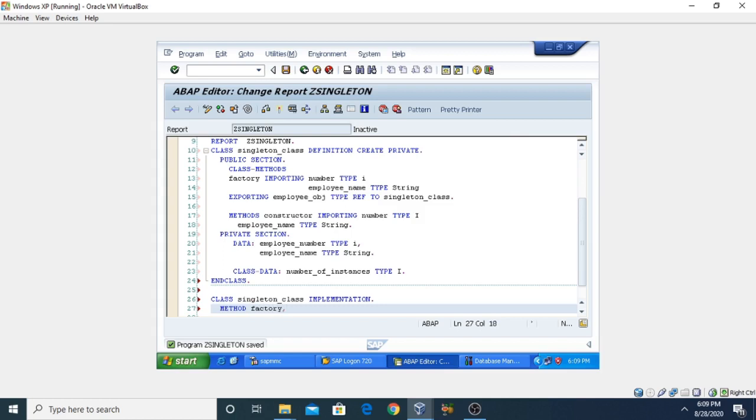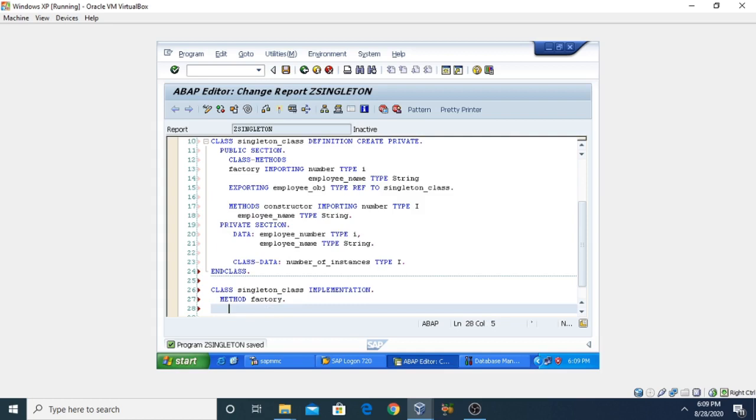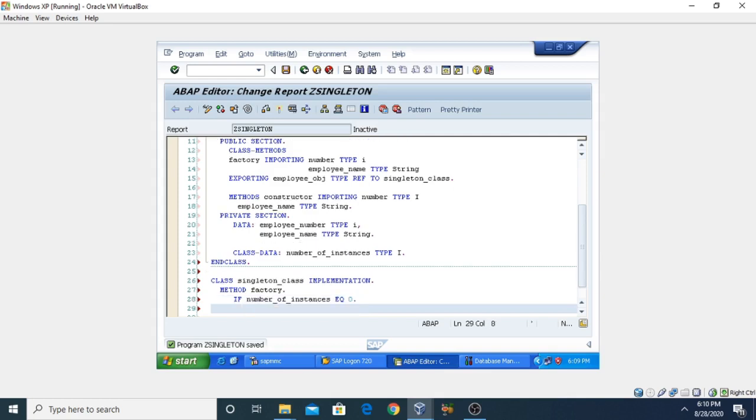Here we will check the number of instances by applying the condition: if number_of_instances is equal to 0. That means no instance has been created yet. So we need to create the instance here. So create object employee_object. I have given one object name here.